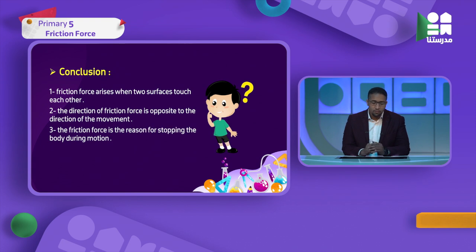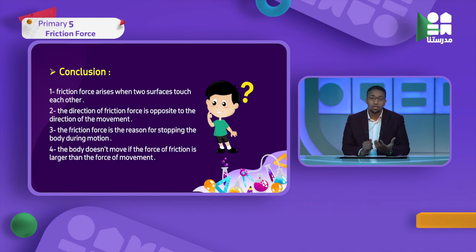Number 3, friction force is the reason for stopping the body during motion. Every body stops moving. Why? Because of friction force. The last thing, the body doesn't move if the force of friction is larger than the force of movement. If the force of friction is very large and the movement force is very weak, the object will not